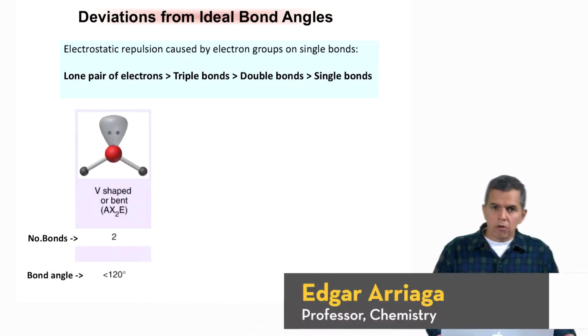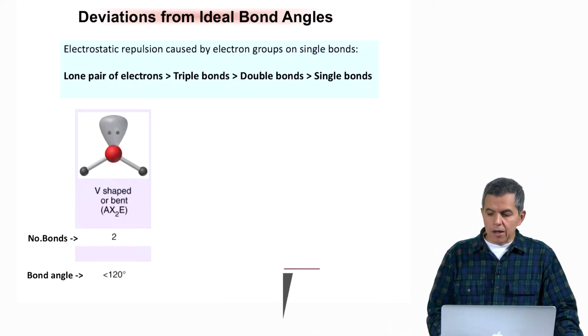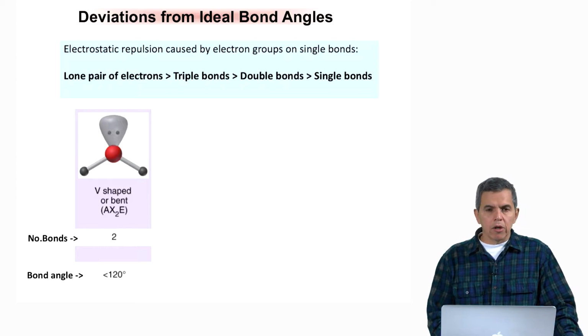We are going to solve a problem on deviations from ideal bond angles defined by the valence electron theory. But before we do that, let's review some of the basic concepts. So deviations from the bond angles are going to be caused by electrostatic repulsion, caused by electron groups on single